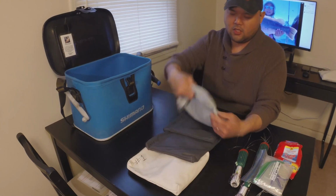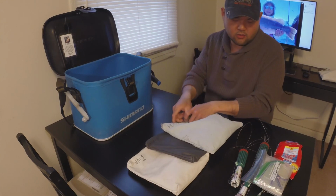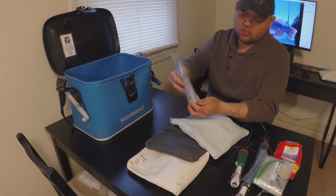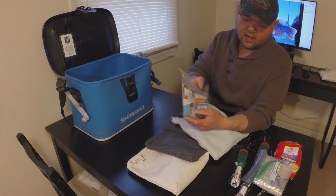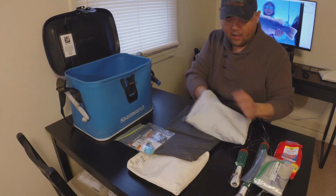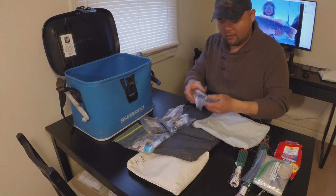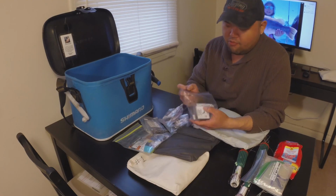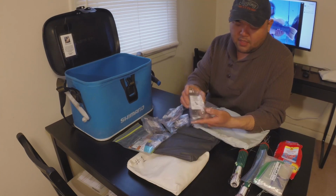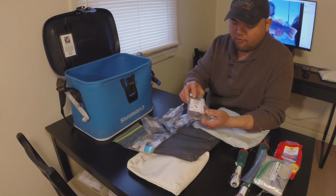So getting back to these leather bags, the first one here says hooks on it, and if you open the bag, that's all that's in there. So the first thing I'll pull out is another Ziploc bag of Gamakatsu hooks and Owner hooks. These are hooks that I may or may not ever use, but those are there. And then my favorite hooks of the moment, these are the Peace Token Black Label hooks. I have them in 4 sizes, and I keep them separately in the Ziploc bags again,